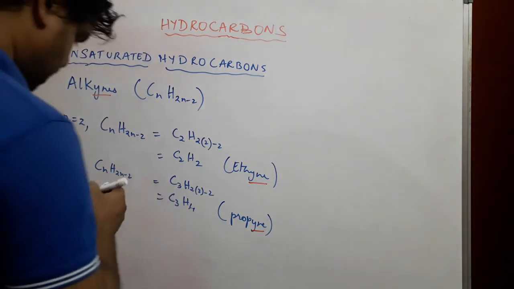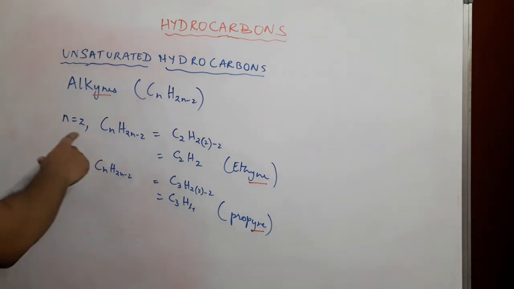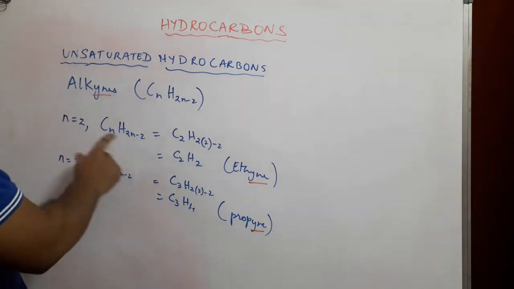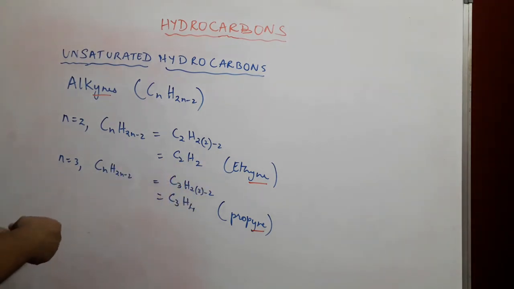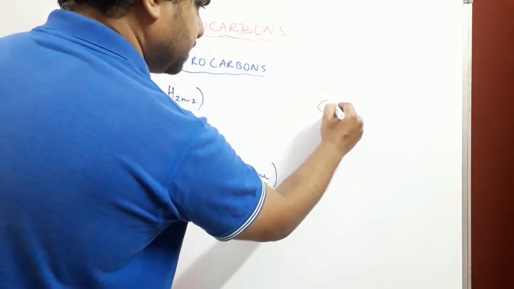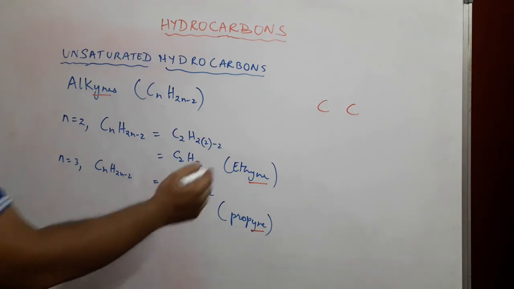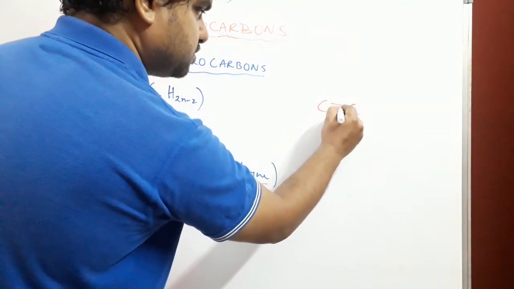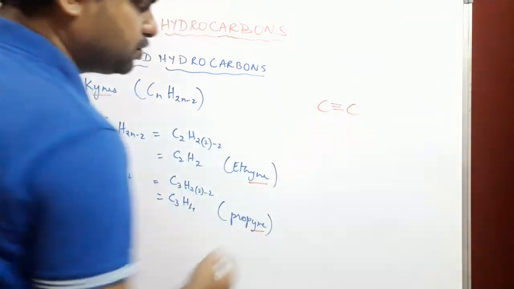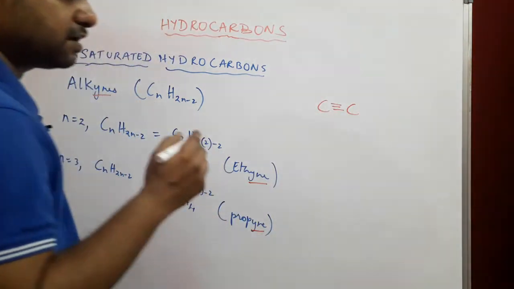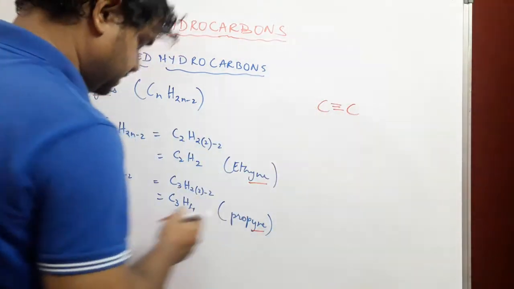Now the structural diagrams of alkynes will look something like this. We have our ethyne and propyne, and I'll draw both to show you how it looks. So first let's have a look at ethyne. In case of ethyne, there's a triple bond formed. So alkynes have triple bonds. If a triple bond is formed between the two, that means there's only one more bond possible for each carbon atom, and that goes like this.